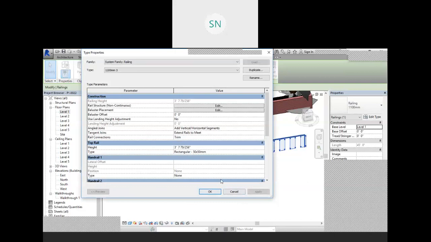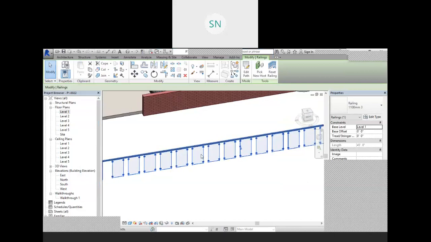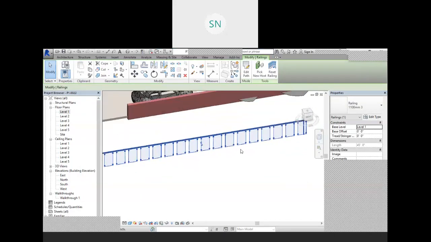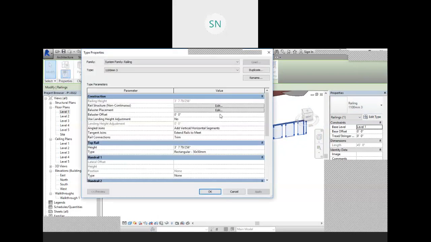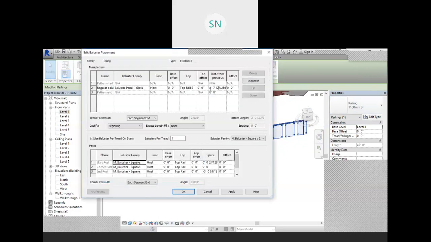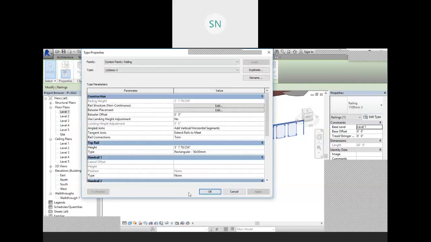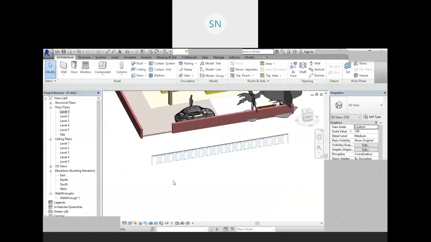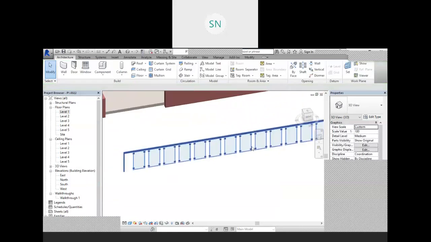So see, we have 24-inch glass panel over here, and also you can change the spacing, that it should be 2 feet 6 inches. Click on apply and OK. So in this way we have these glass panels, right?